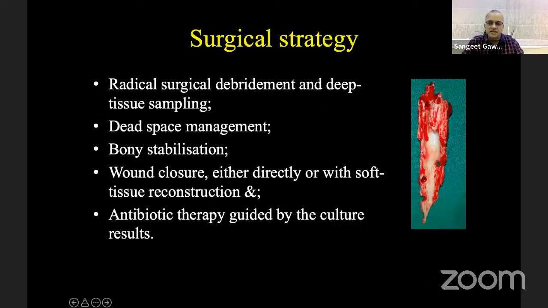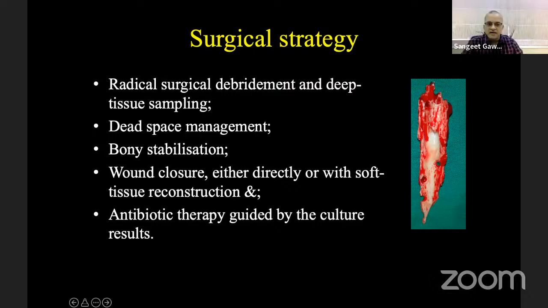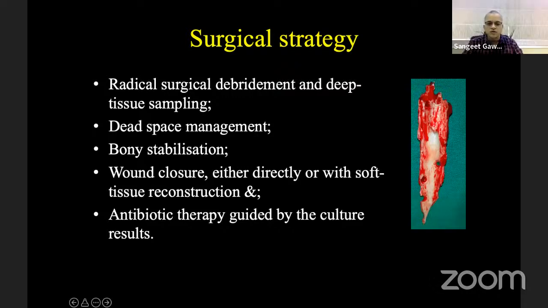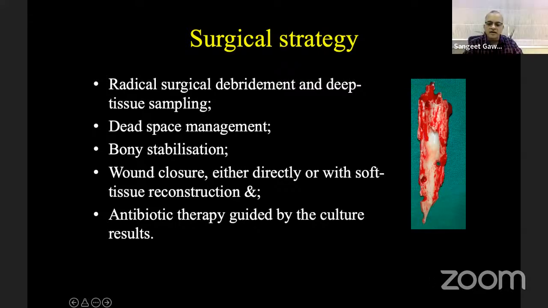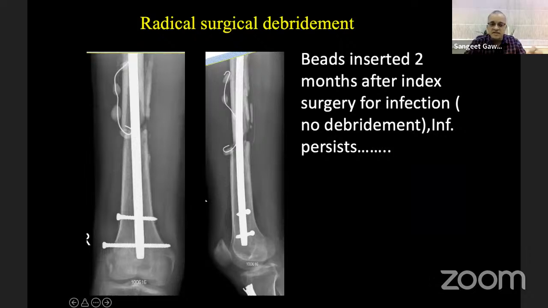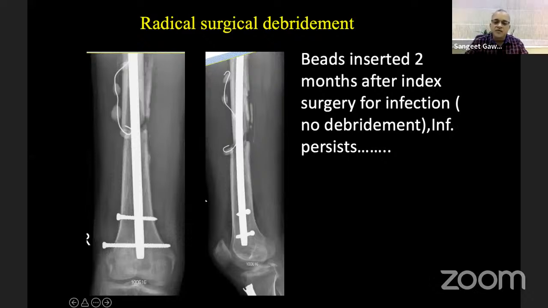The surgical strategy in these infected non-unions is based on these 5 principles. These are radical surgical debridement and deep tissue sampling, management of the dead space, stabilization of the bone, closure of the wound either directly or with soft tissue reconstruction, and appropriate antibiotic therapy, which is guided by culture results. I'll give various examples wherein, if all these principles are neglected, what can happen, and if you address them, what